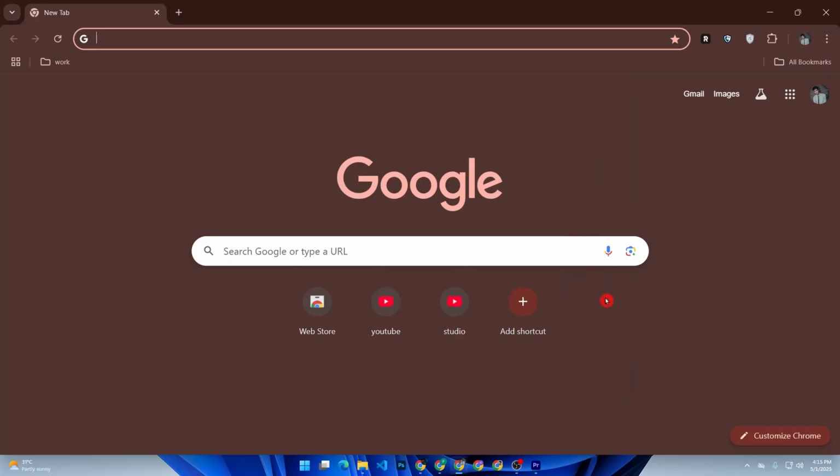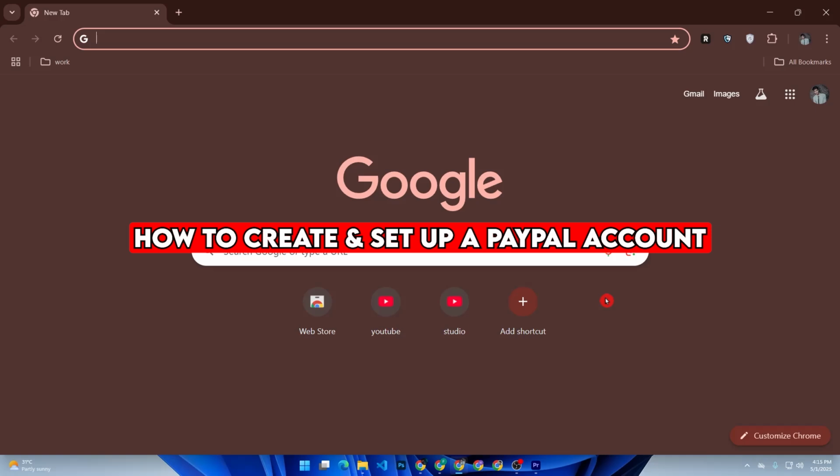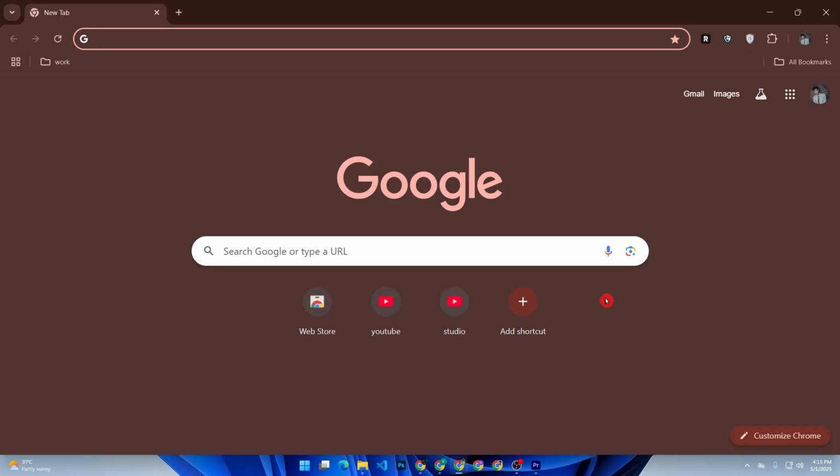Want to send and receive money online? Here's a step-by-step guide on how to create and set up your PayPal account in 2025. Fast, secure, and beginner-friendly. First of all, go to paypal.com